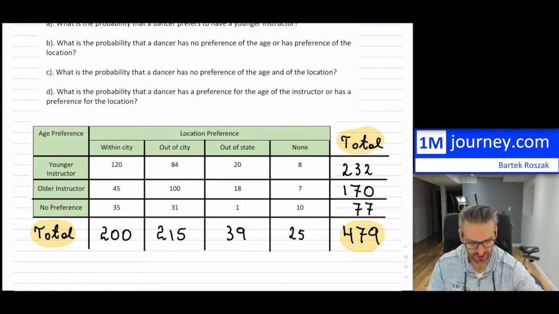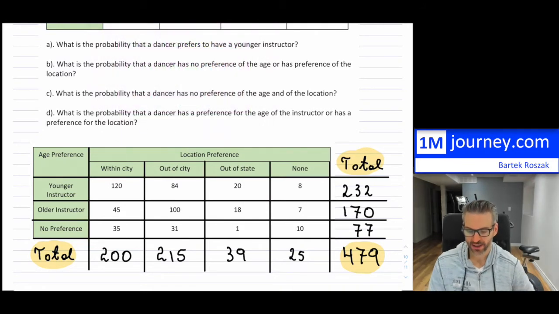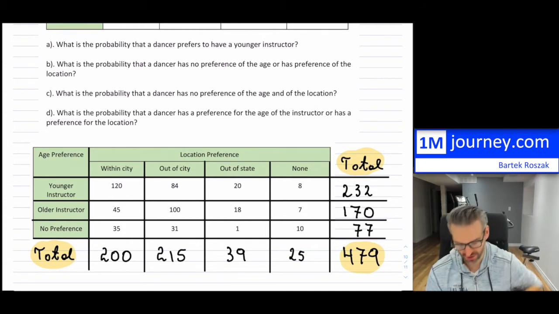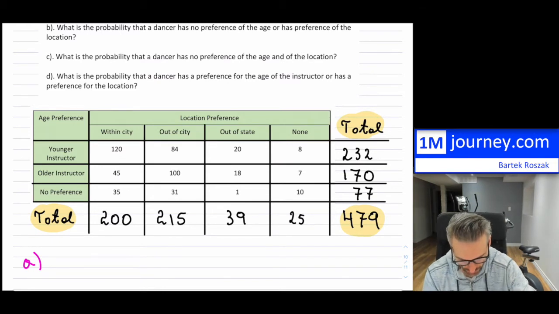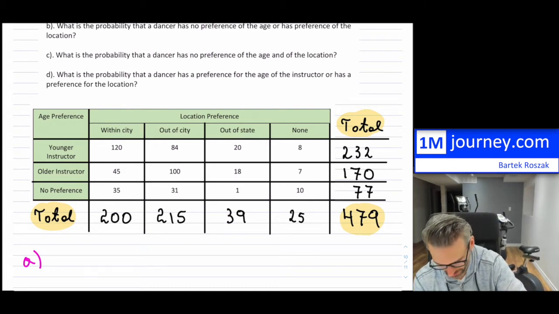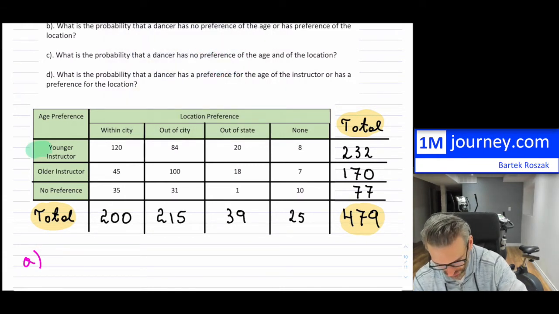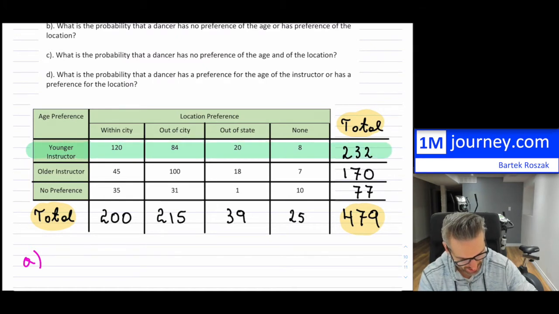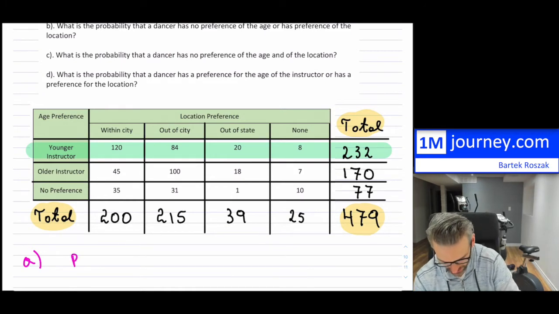So now we can answer these particular examples. Let's see what they're asking us. The probability that a dancer prefers to have a younger instructor. That's part A. What I like to do is always go and see what they are asking me about. So here is my younger instructor. Let me make this really big so that you can see it. So here is younger instructor. That's how many prefer a younger instructor. If you want to know what the probability of that is,